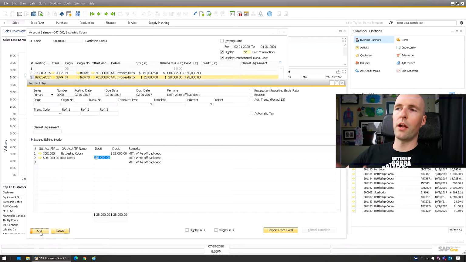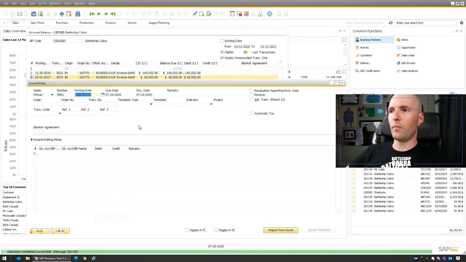So this is going to record it on that date. You may not want to backdate writing off bad debts. I'm just going to put it on the same date. You can put it whenever you want and still reconciles fine. So I'm going to click add, close this,